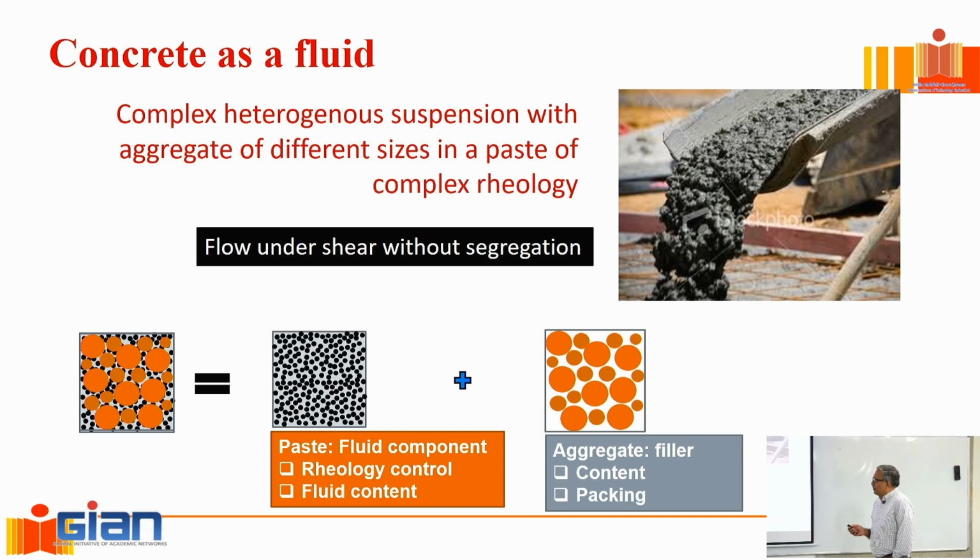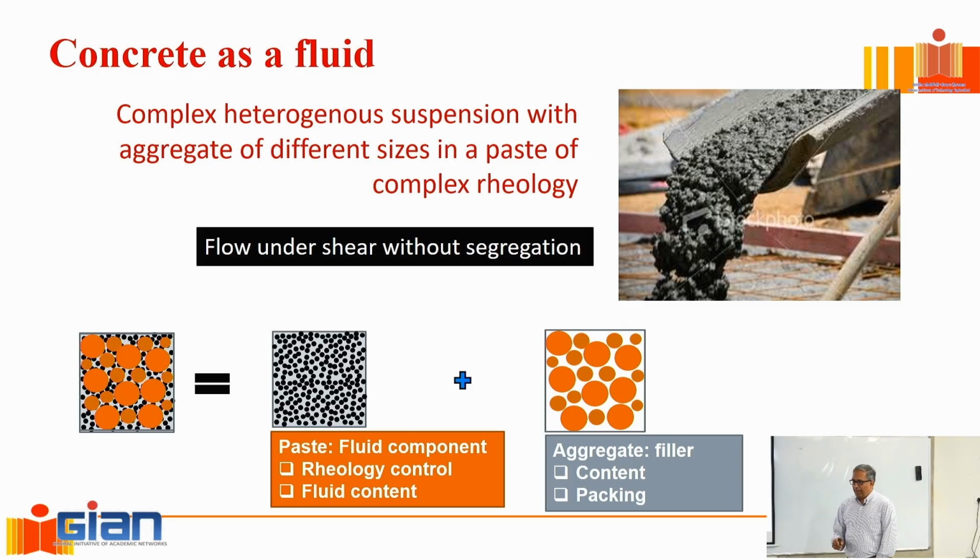But it's actually a very complex heterogeneous suspension, right? What is a suspension? When you have solid particles which are suspended in a fluid medium. That is a simplistic definition of a suspension. And that itself, you'll see, will become very complex once you get into concrete and trying to proportion it. So for now, we'll simply stick to this definition where we say it's a complex heterogeneous suspension. Heterogeneous because there are different types of particles. It's not just one type of particle that we have there. So aggregate of different sizes in a paste, which is basically cement paste or a cementitious paste, which is my fluid medium.